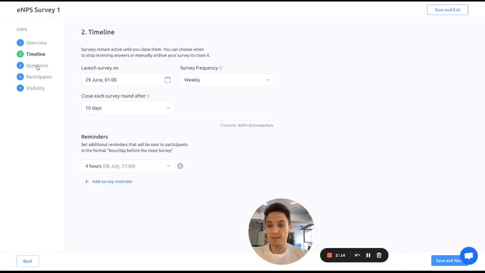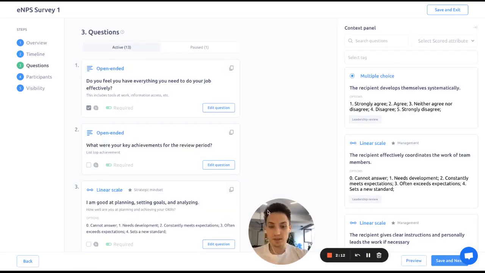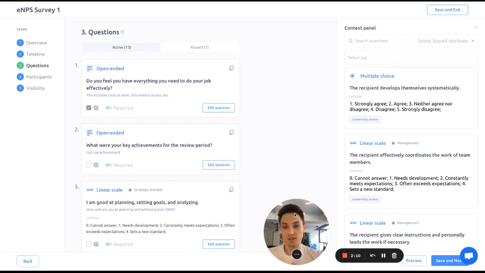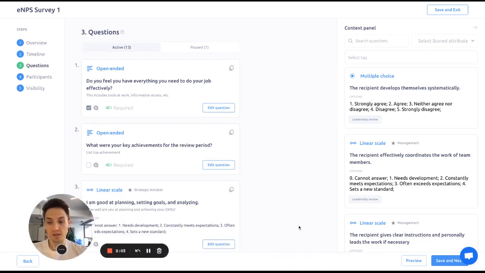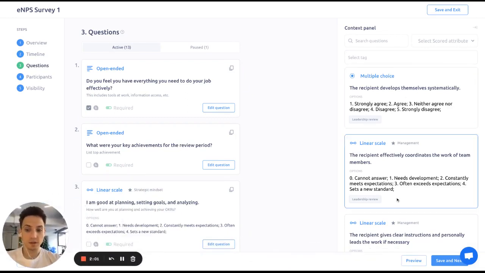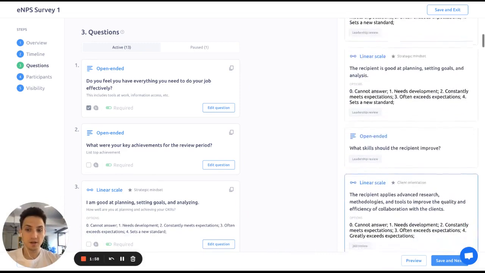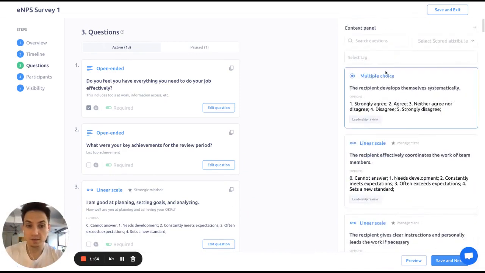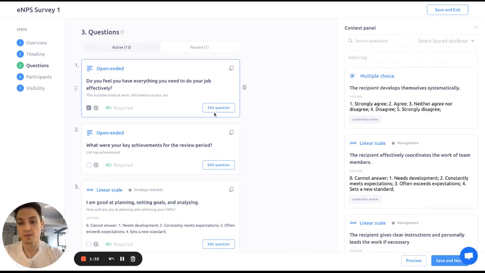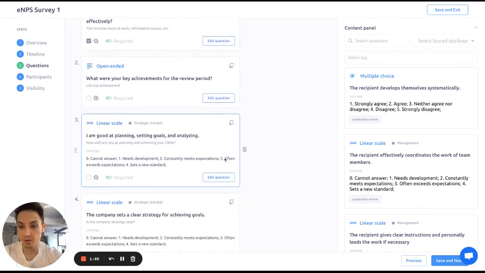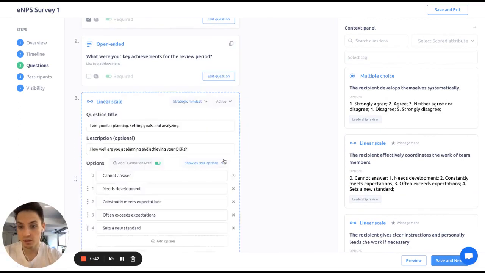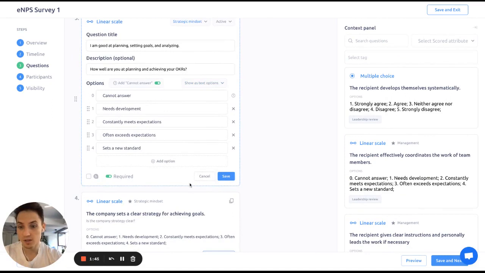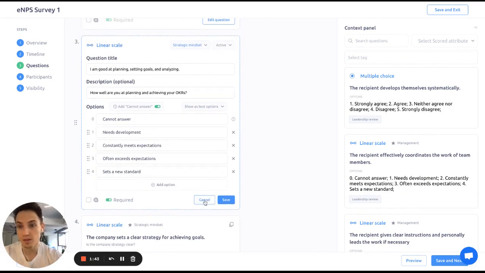Okay, in questions, this is a familiar interface, very similar to regular questions from surveys. Here you have an option to use your context panel with a set of already available questions that you have in your organization. You can filter them, search by tag, scored attribute, etc. Of course, you can edit, reorder questions, define all of the parameters, display options, make it required or not required, ask for comments,